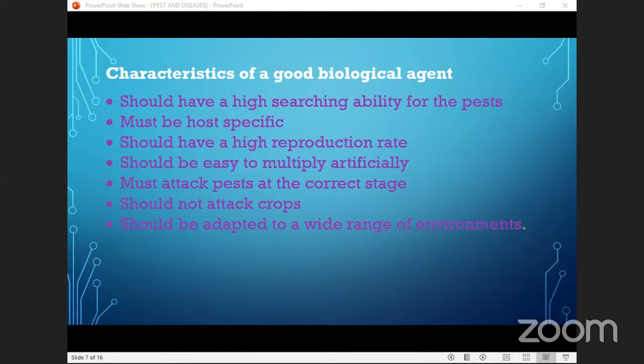Characteristics of a very good biological agent. Number one, it should have a high searching ability for the pest. Once you introduce the agent into the garden, it should be able to look out for only and only the pest. It should not destroy even other things which are in the garden. When you introduce chicken in your garden of beans, let it not again start eating beans. Let it look for the grasshopper and the rest of the